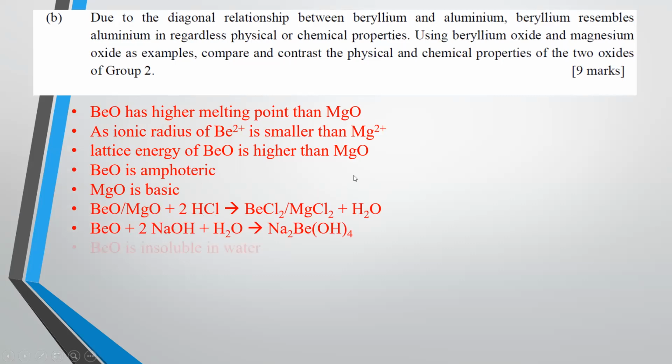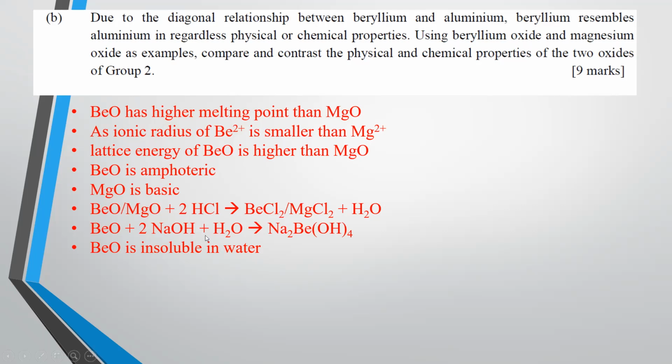So explain why barium oxide is amphoteric. Because it is an ionic compound with high covalent character, due to the high charge and small ionic radius of the barium that cause it to have a high covalent character. So explain to the fullest you can about the chemical properties in here.